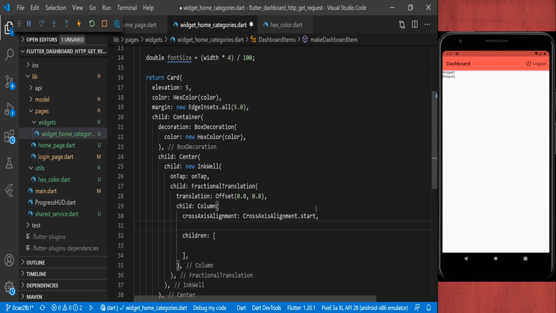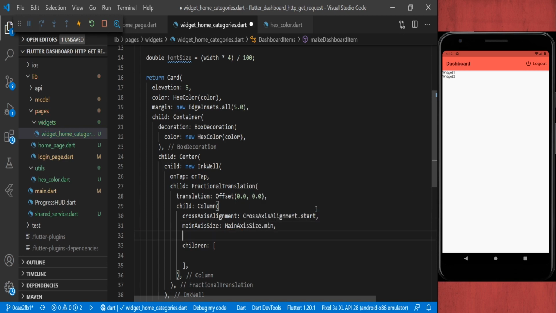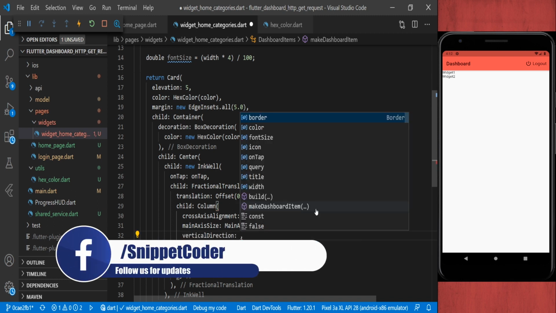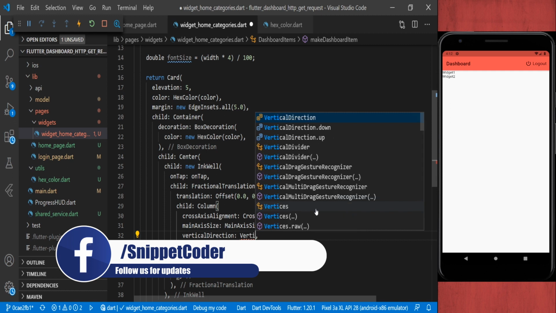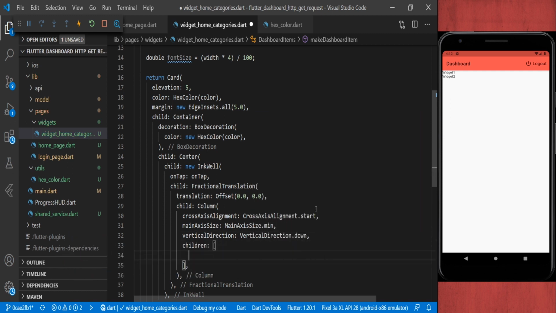Then we will have main axis, then vertical direction we are using vertical down, and the children we have to use that center widget,